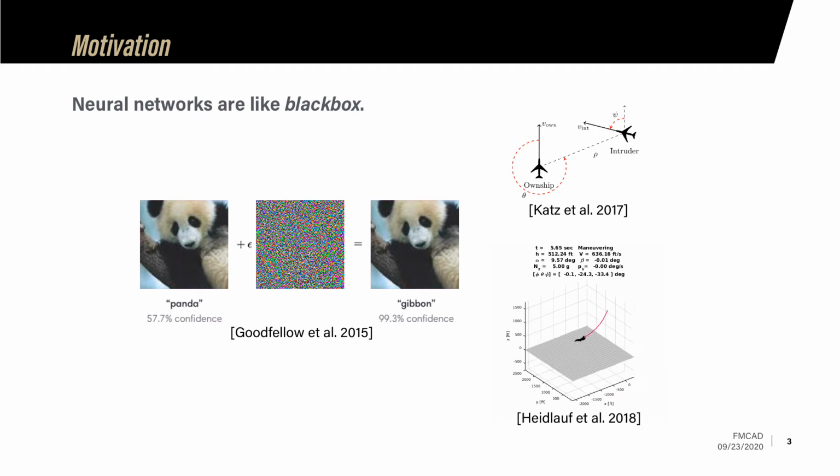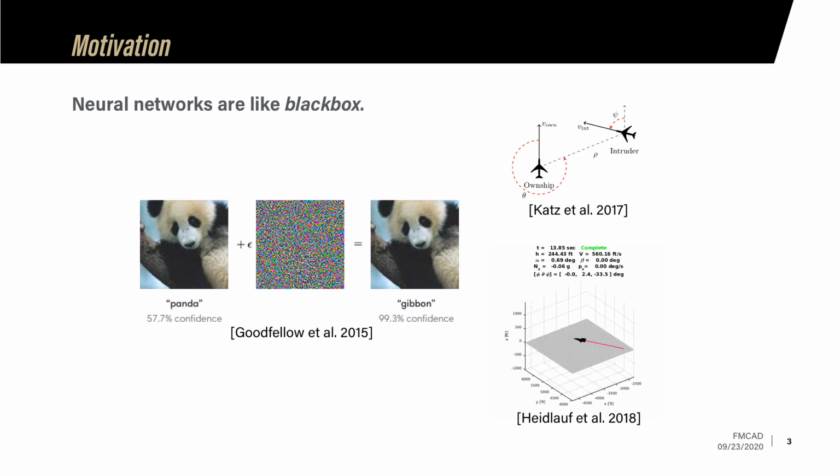Suppose you have an image of a panda. Now, if you add some small noise to the image, which is not recognizable by human eyes, the classifier may recognize that as a totally different species, like a gibbon. Although in the human eye, everything still remains the same panda. This kind of unexpected behavior is especially troubling in safety-critical scenarios. For example, in an unmanned craft controller.